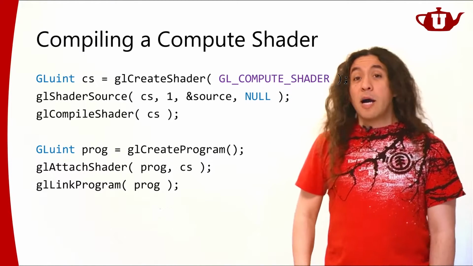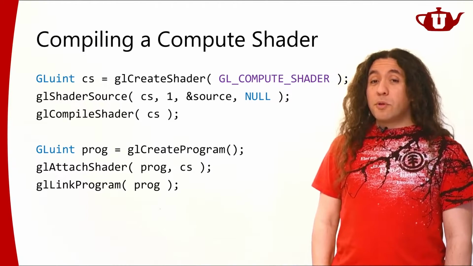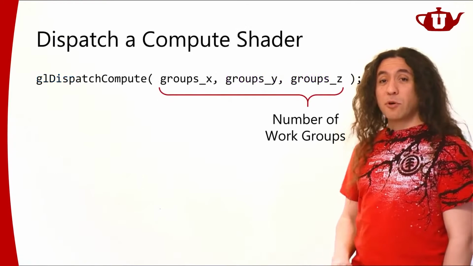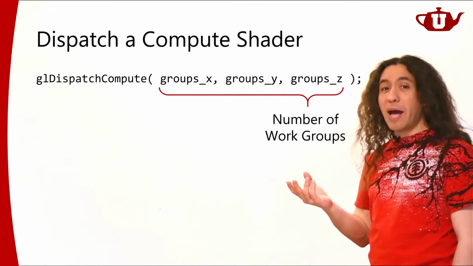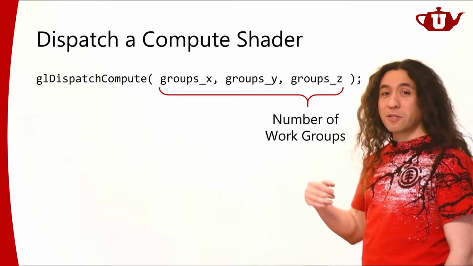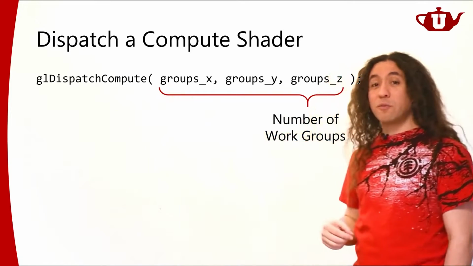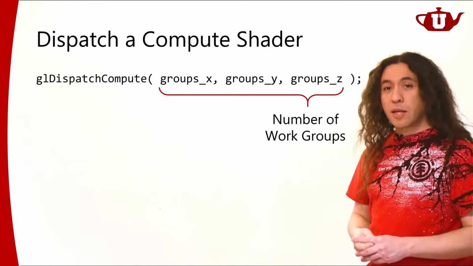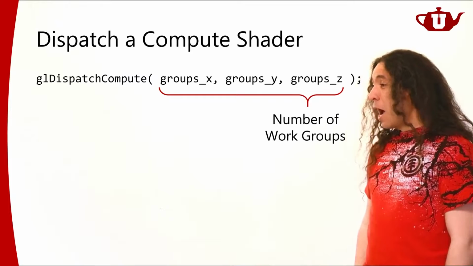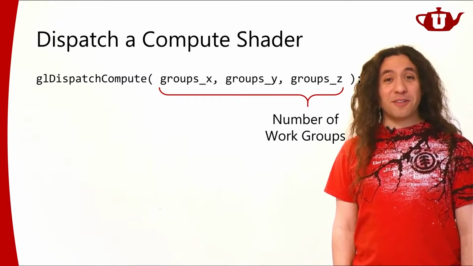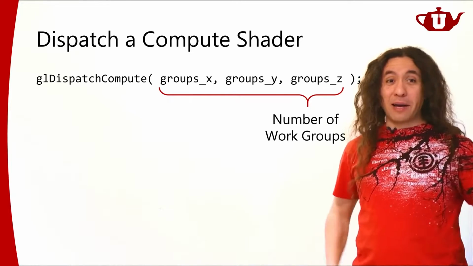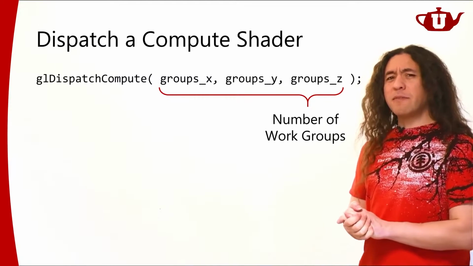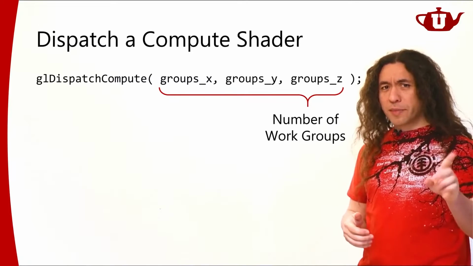That's it. Now, running a compute shader is going to be a little bit different, because I'm not going to be using any of my draw calls anymore. I'm going to be using this dispatch call. So it's going to say GL dispatch compute, which is going to start running a compute shader. Now, how many instances of that compute shader should I run? I have this one shader that I wrote, but how many instances? So for that, we're going to have a relatively complicated structure. So get ready for it.